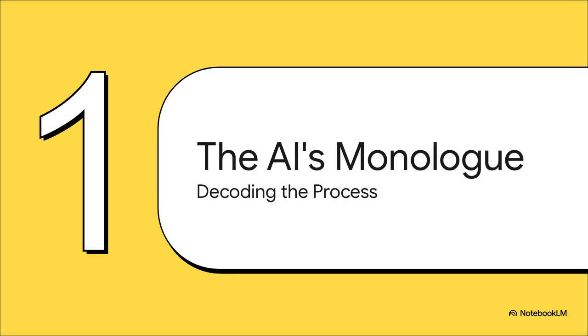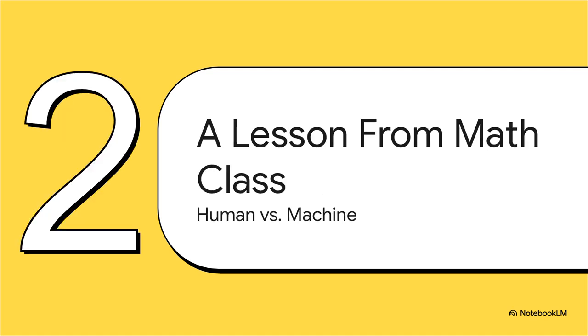Well, the answer, and this is pretty wild, doesn't actually come from computer science. It comes from a place you might not expect at all. The researchers figured, okay, we need a blueprint for how a rational mind solves a problem. And they had a brilliant idea. Where's the best place to find one? A math class. For decades, cognitive scientists and educators have been studying exactly how students think, how they struggle, and how they get those aha moments.